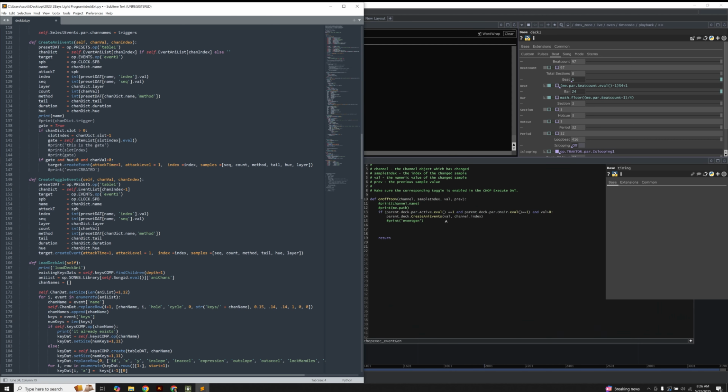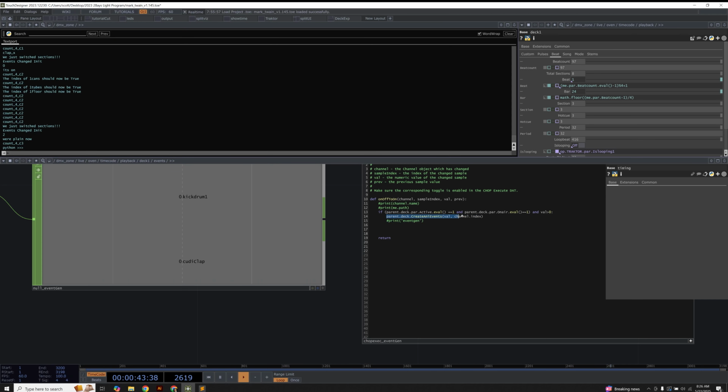If you look at this Python code coming directly off of our chop execute at the end of this animation chain, we are calling a deck parent shortcut, and then a class extension.